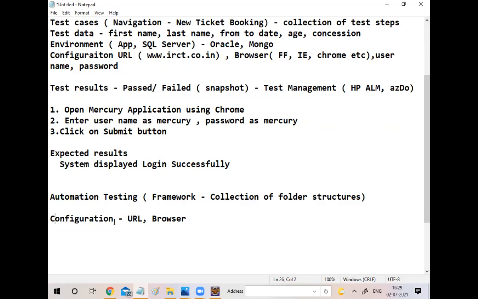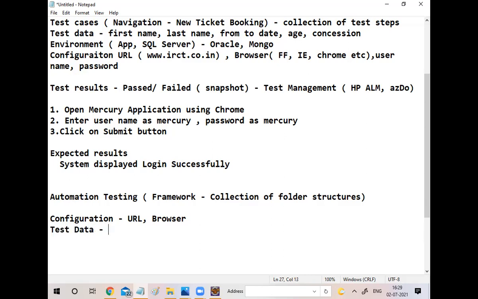I will let you know where we need to create the folder. Okay, configuration. Next one is test data, we also need that, right? Yes. So we are going to create the test data.